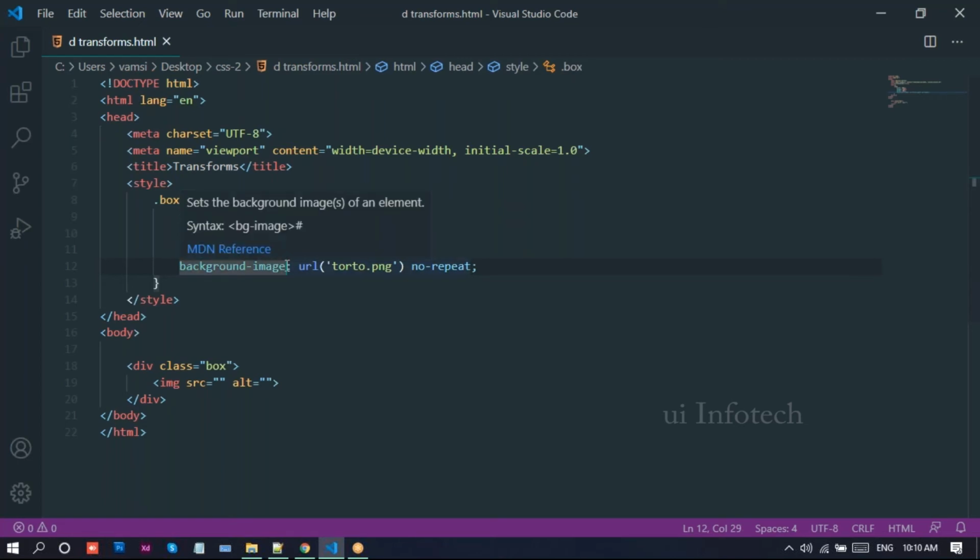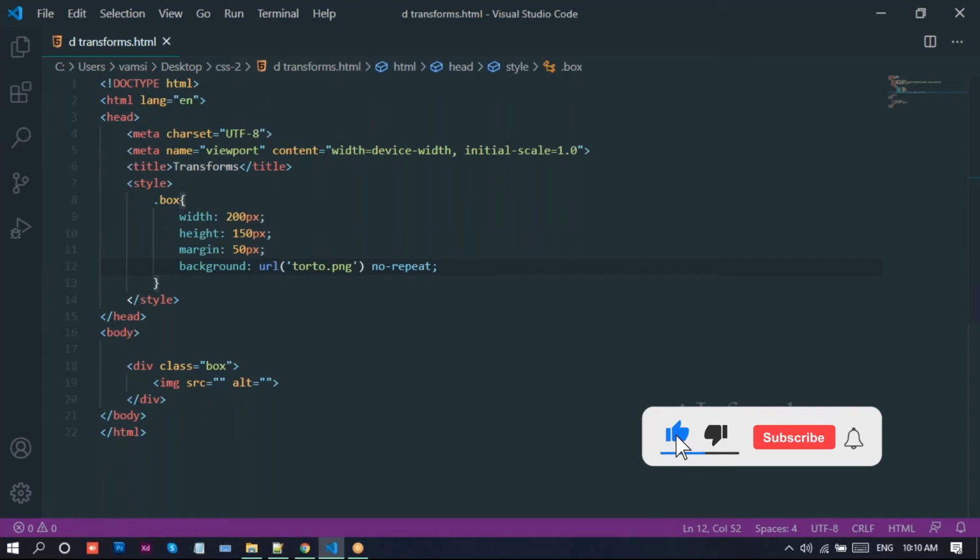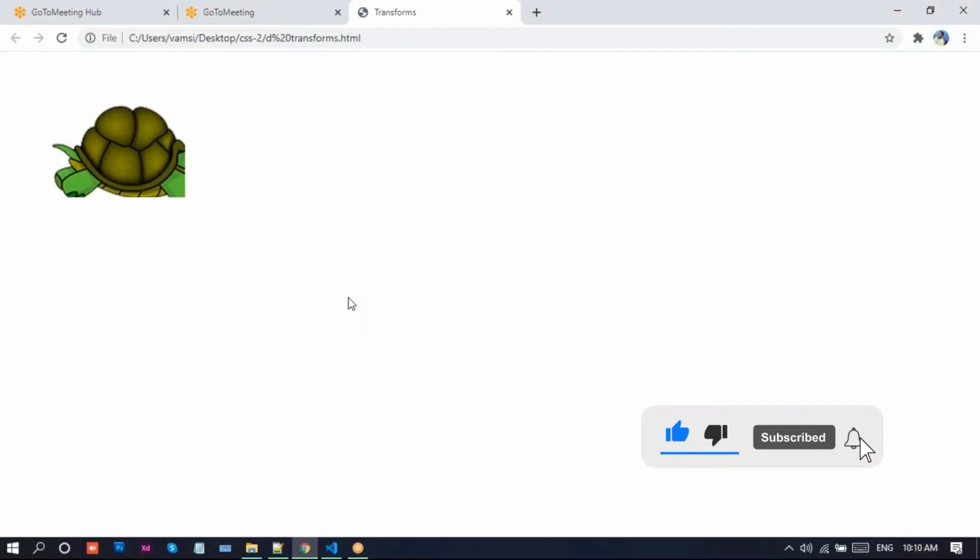Now we need to write no-repeat, which means the image won't repeat. You can write the shortcut: instead of background image, just write background. This is a shorthand property, like background together with background-repeat equal to no-repeat.